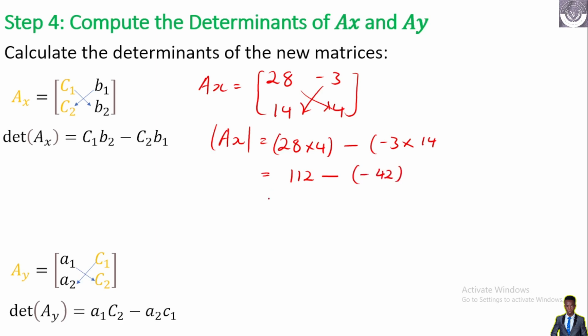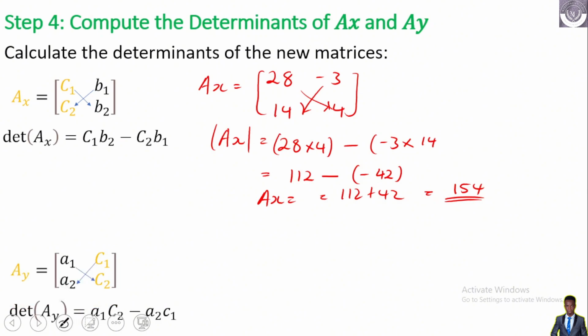Remember, minus times minus is plus. So this is going to be 112 plus 42, which gives you 154. So 154 is the determinant AX, meaning AX is equal to 154. So this is for AX. Just follow this step, you are going to solve any given